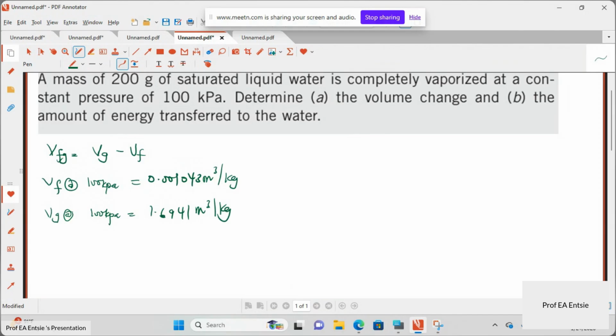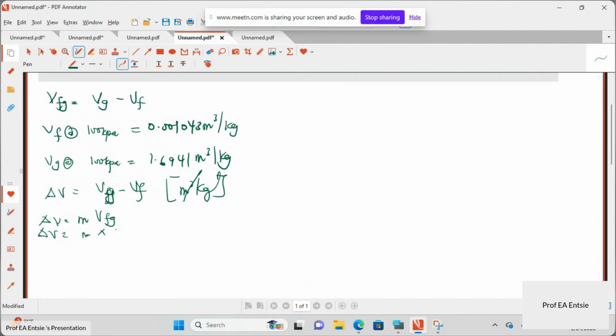So now that I've gotten this, I'll find the volume change. Change in volume will be equal to vg minus vf. But if you find the change in volume like this, you get the answer in what? Meters cube per kilogram. But we don't want that. We want the answer in meters cube. So change in volume will be mass times vfg. So it will be change in volume equals mass times the volume at saturated vapor minus volume at saturated liquid,